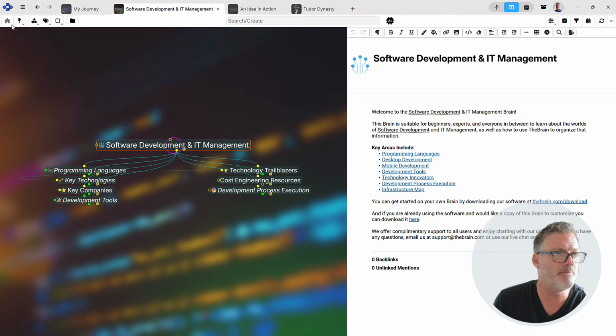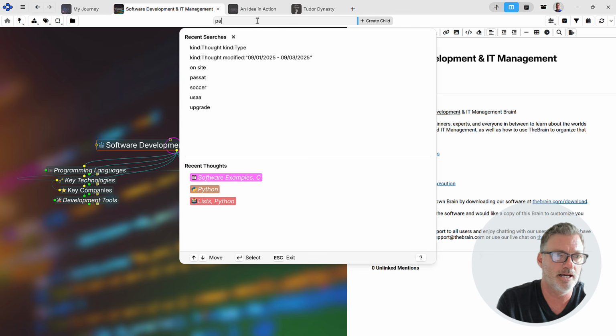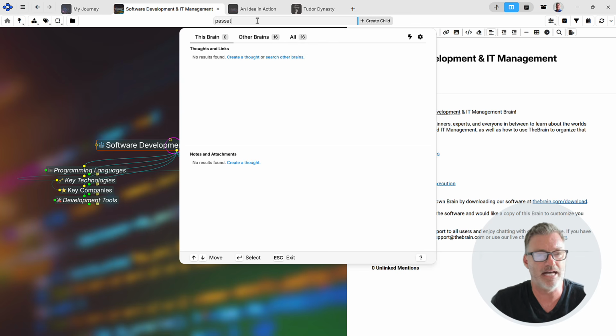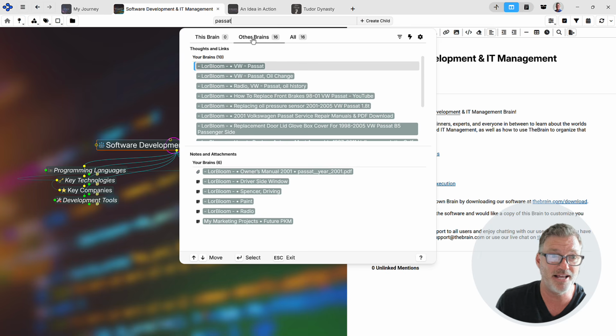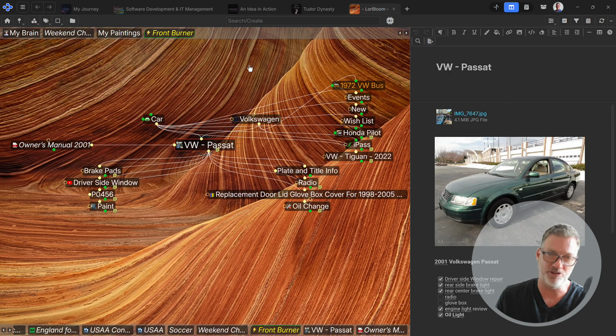And one more thing about the new layout of the options that you have up above is, of course, the search. The search now allows us to not only see our recent thoughts that we've activated from the search dropdown, but again, I'll do a search for the word Passat. I searched on that earlier, but as you can see, it doesn't find anything in this brain, but I can find where the word Passat is appearing in other brains. And when I click, once again, I get that nice quick response from the brain